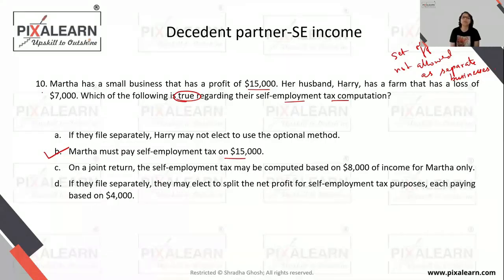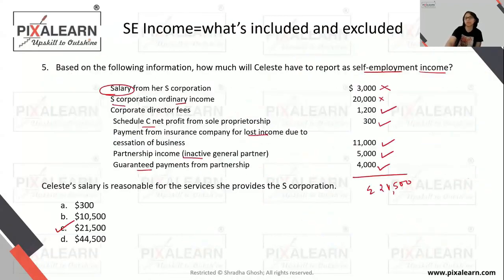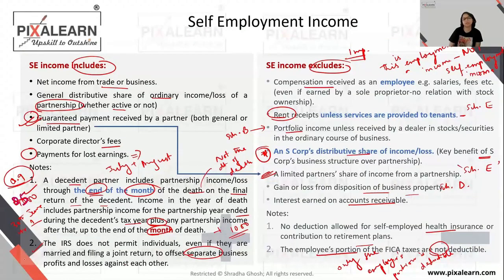Why? Because there is a loss, there is a profit, but you cannot set it off if there are separate businesses. Again, a very specific provision. You need to understand this. So you can say refer question